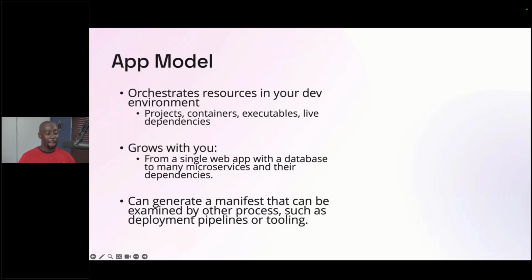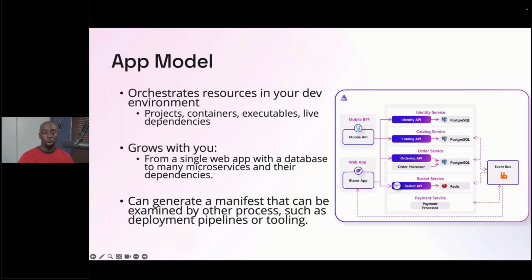I could say, hey, my application needs access to Azure Service Bus. My application needs access to Cosmos DB. My application needs to send metrics and telemetry over to Application Insights, right? These are just some of the things that are available based on this application model. And we do it all in code. And we don't write a single line of configuration unless you want to. You can write configuration, but you don't really have to if you don't want to.